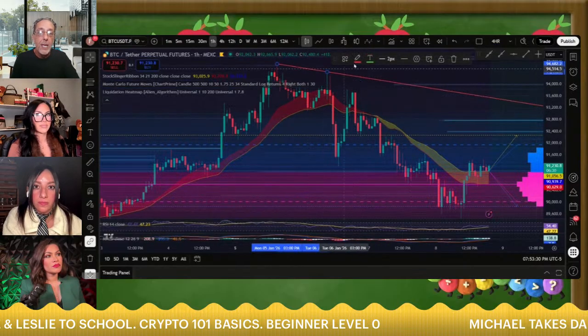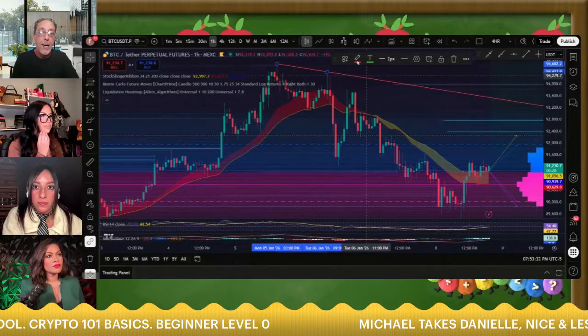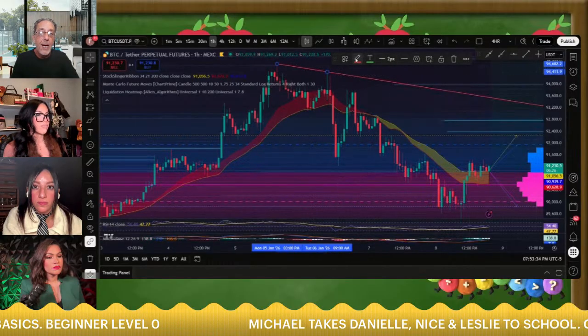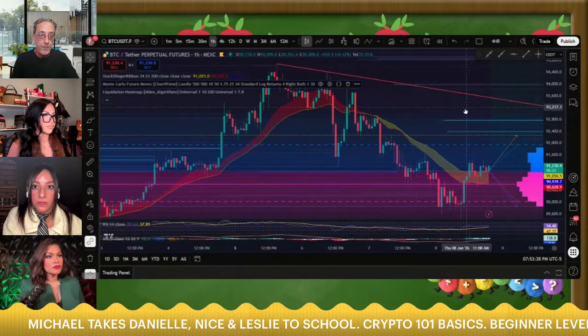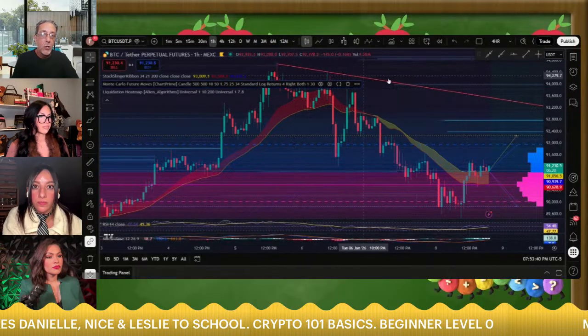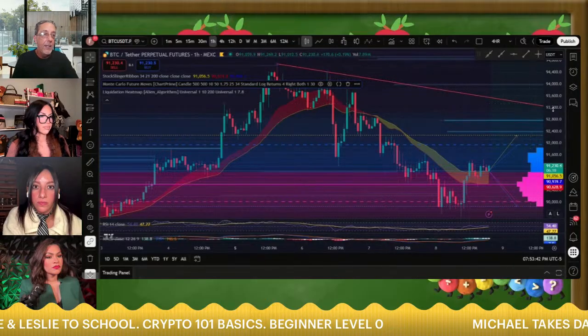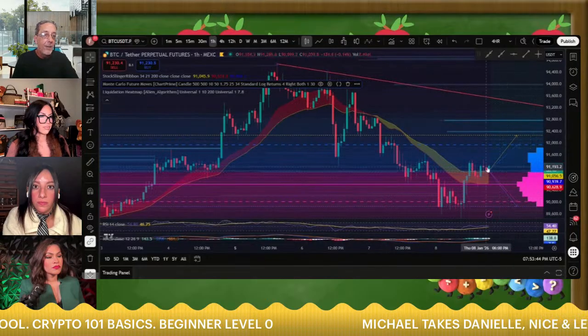To change the color, you just click the line and then this will pop up at the top, and you can just select red right there, right? So it's telling you right here, there's a trend line that comes all the way over here to 93,200. Well, we're way down here.